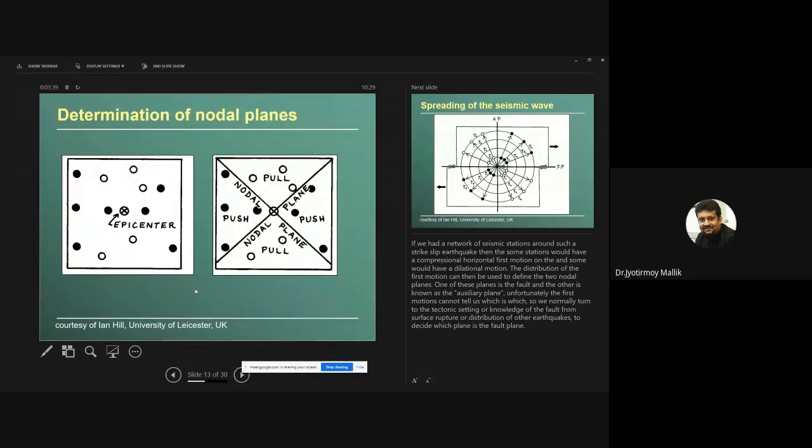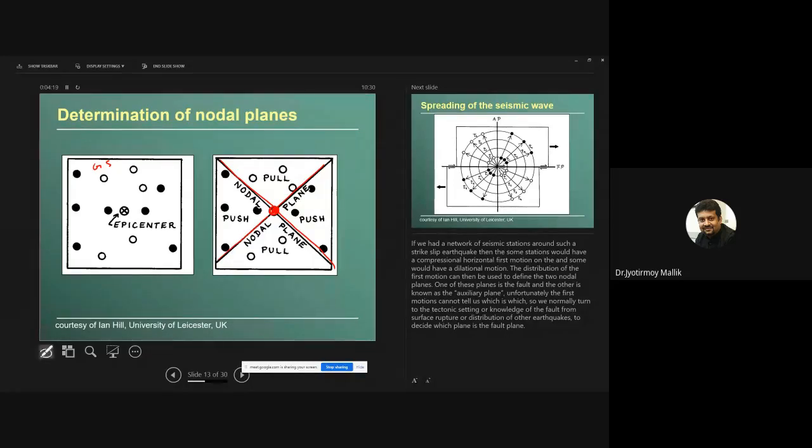Okay, so this is the example that I was just talking about. So this is your ground surface, right? And these are all your seismometers. So what I would do, I can divide it into, so this is one plane that I can draw, and this is another plane that I can draw. That would divide my compressional and extensional stuff in both sides. Okay. By the way, wherever these two planes meet is my epicenter.